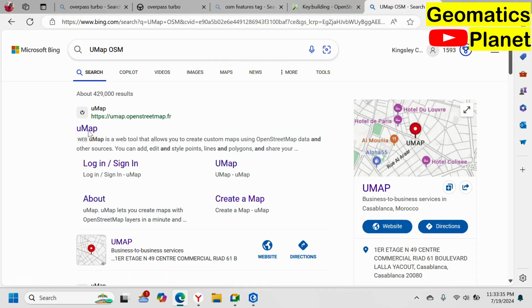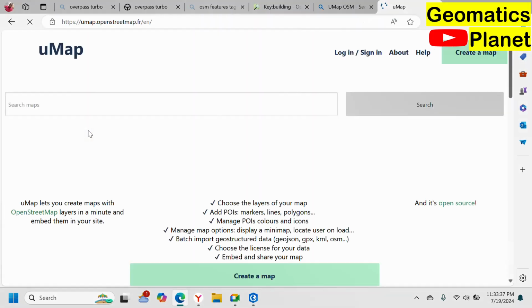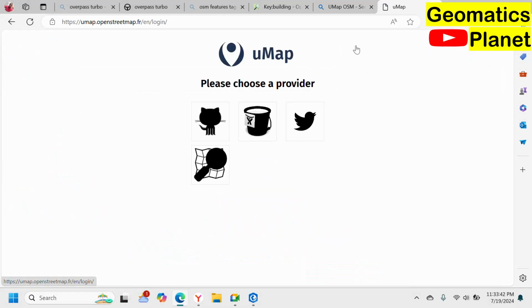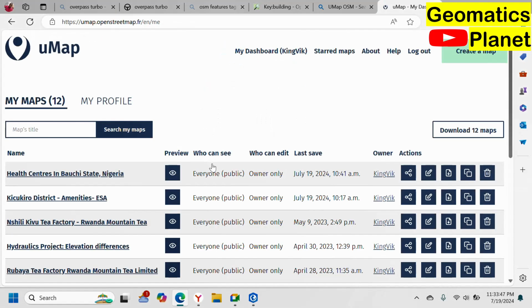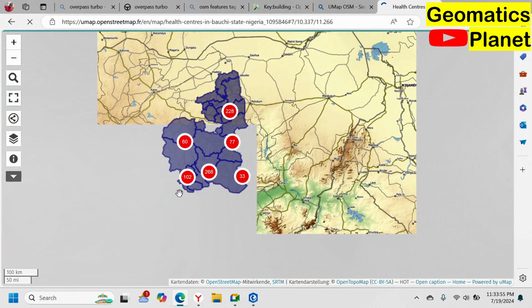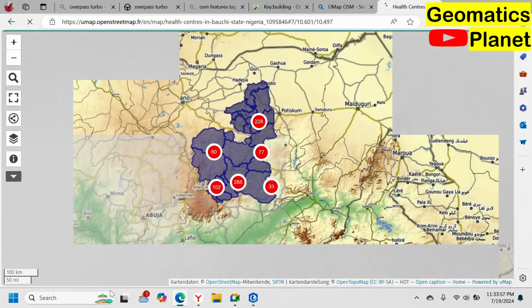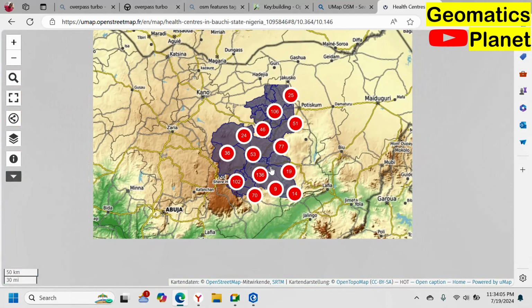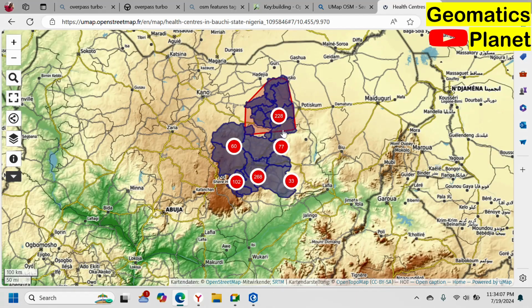So like this map, it is an interactive map. An interactive map, I mean a dynamic map, is a map you can query. So I am going to sign in, and you see here now, this is the map I built. This is what I did today, and you see here is a dynamic map. I built it based on OpenStreetMap, and it is self-updating in the sense that at any day you come here,